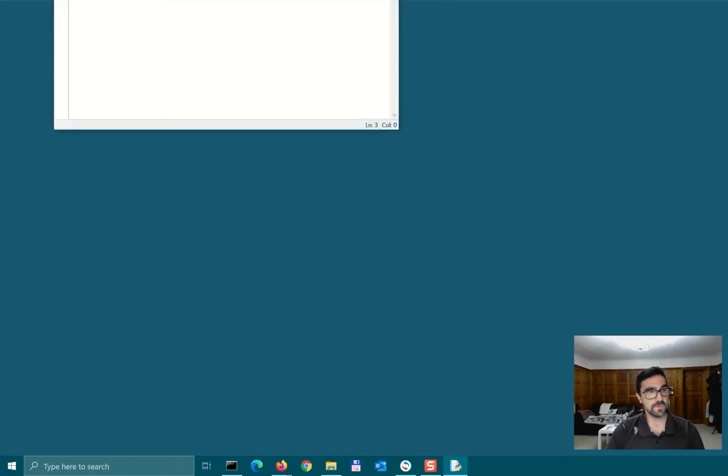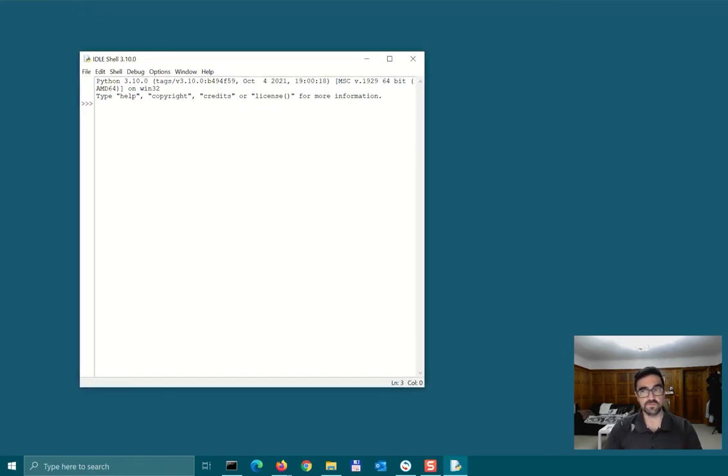Okay, and we have this. This is the program we are going to use to put all the commands. The first one is just get the class Image from the package PIL. So from PIL import Image. Okay, we have this. The next step is we just create a variable